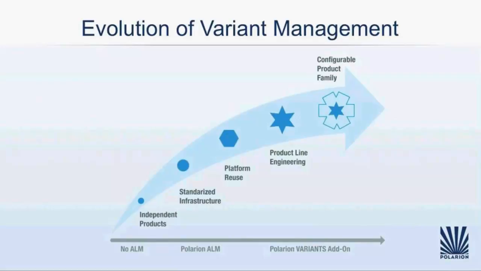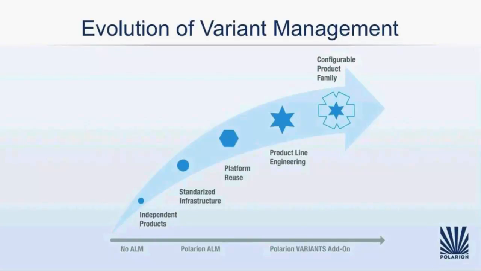Experience and practice show that organizations mature their reuse capabilities along the following model. They start with independent product development and proceed to standardize infrastructure. This is the first easy benefit of deploying an ALM solution like Polarion. After standardizing their development infrastructure, often companies establish a platform. First, they develop and maintain a platform on which the products or applications are built. The platform contains the infrastructure as well as the functionality that is common to all the product applications. The platform contains the specification of the common requirements and the test specification of the common solutions.